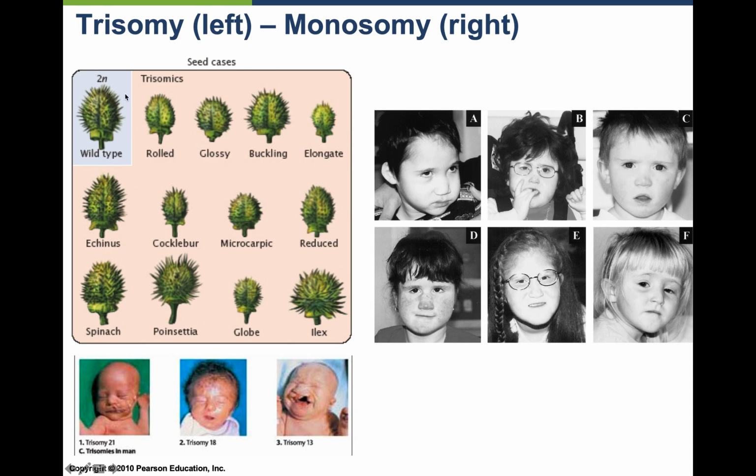So in plants, this is the wild type, the diploid individual, and these are the trisomic individuals here. And you'll notice one of these is a poinsettia, which you see a lot of around Christmas time. And then in humans, this is a monosomy example. I believe this is monosomy 16. I'm not entirely sure, although I think that one's fairly lethal. In any case, you have a monosomic example here, and although these individuals look healthy and operative, you can just tell by looking at them that there's something a little bit lacking in the way their faces are structured. There are also generally mental disabilities as well.